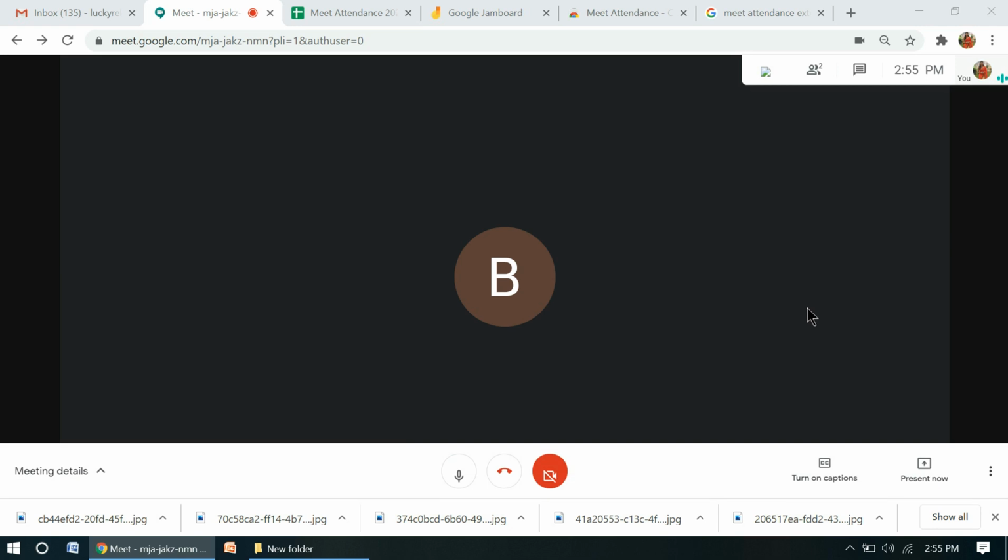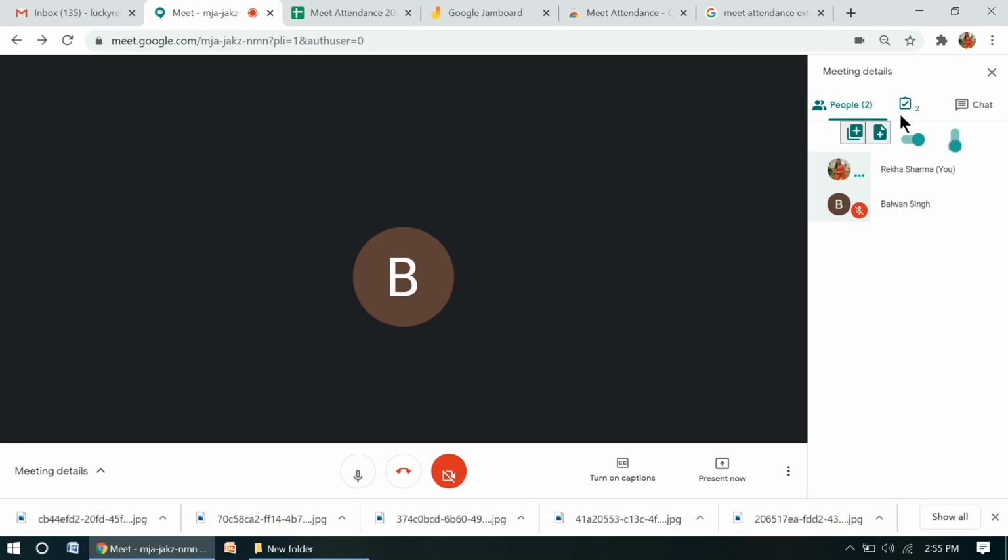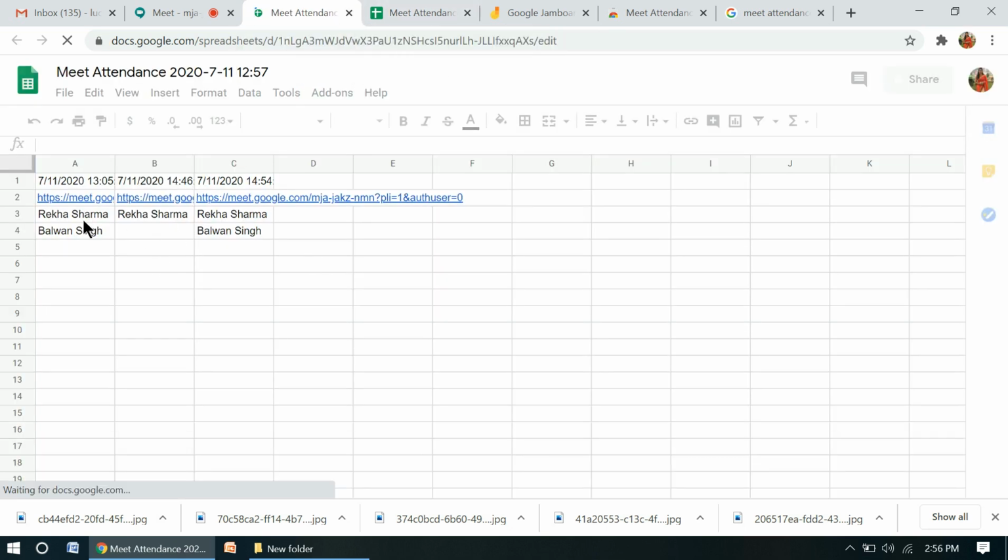Now suppose as many students as we want have joined the meeting, and now I want to take the attendance. Then what to do? After adding that Meet Attendance feature, you will go to this show everyone option, and as I have already shown you, this feature will appear automatically. Just click on this button, and a Google spreadsheet automatically appears in front of you, as I have already downloaded. Here you can see,